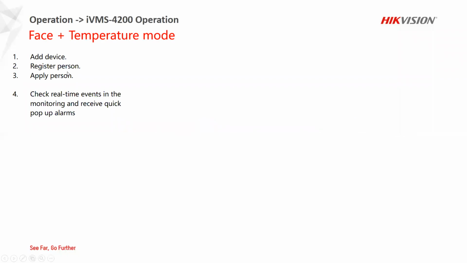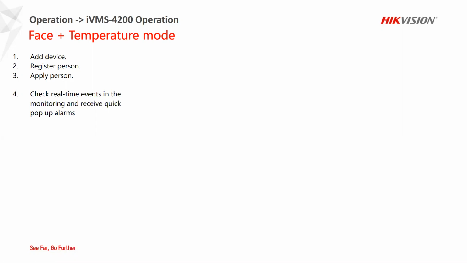So you need to register a person on the 4200, and you need to apply the person. So these 3 basic steps are what you also need to do on our normal access control terminals and our access control controllers. So we actually don't cover it here,